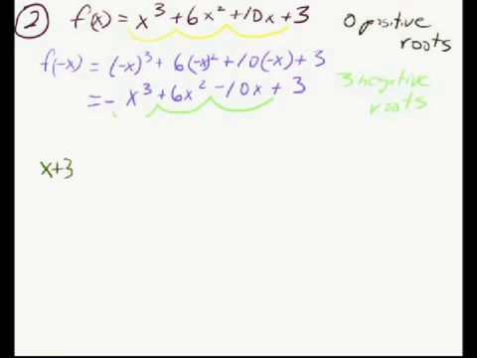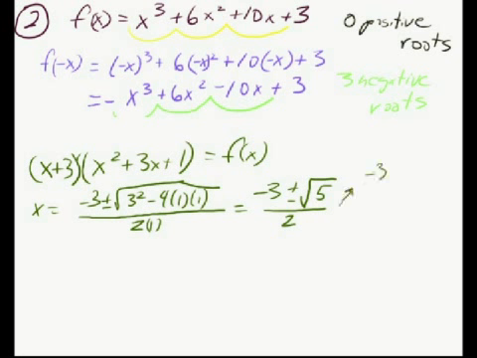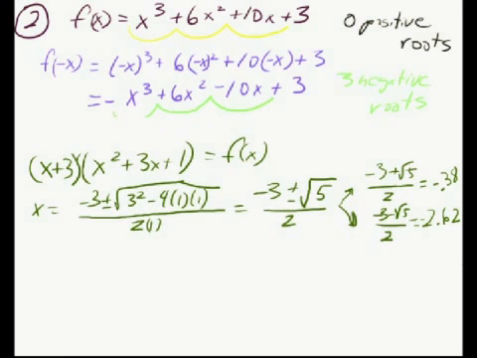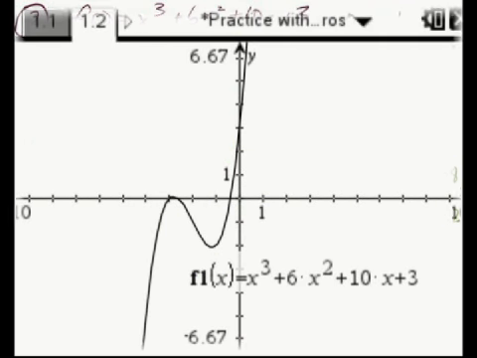Just as I'm sure you found, negative 3 is a 0, so x plus 3 is a factor. That would mean my other factor is x squared plus 3x plus 1, a quadratic. So I'm going to use my quadratic formula to find my last two zeros, which are (negative 3 plus radical 5) over 2 and (negative 3 minus radical 5) over 2. An approximation of them would be negative 0.38 and negative 2.62, which I think I'd like to check on the